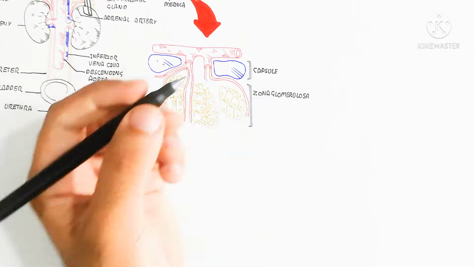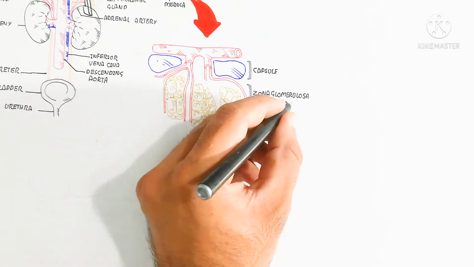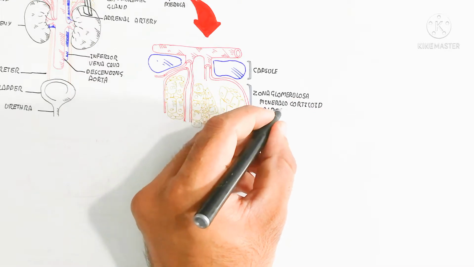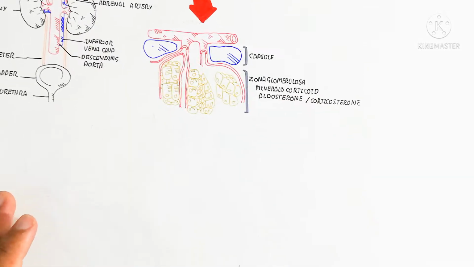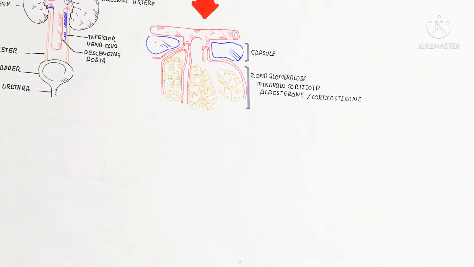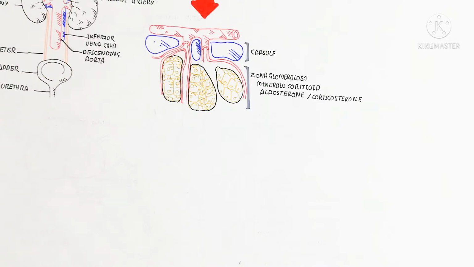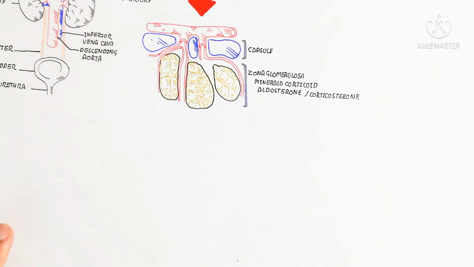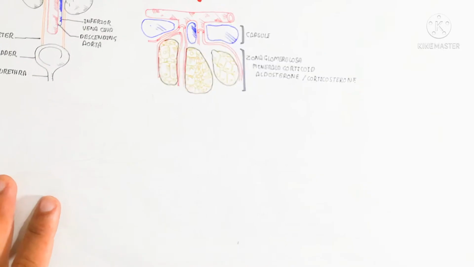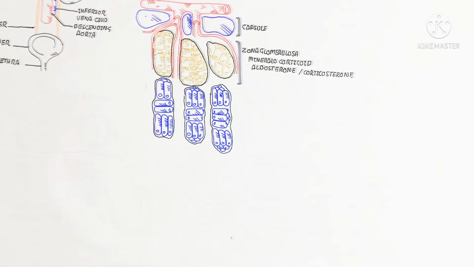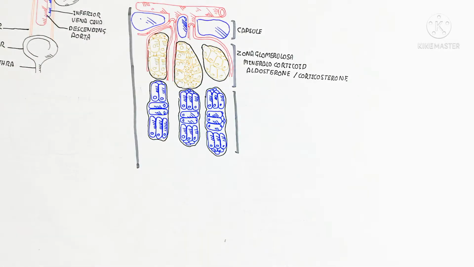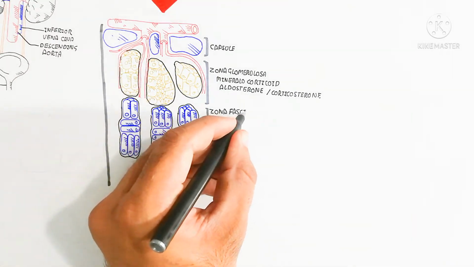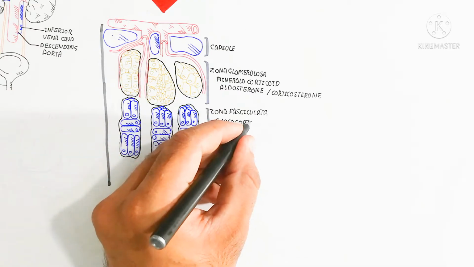First of all, here is the capsule, which contains different types of cells, including a cell that reproduces; this cell is known as the stem cell. It produces the zona glomerulosa, a layer that produces mineralocorticoids, aldosterone and corticosterone hormones. So this is the capsule, and the adrenal cortex contains the zona glomerulosa